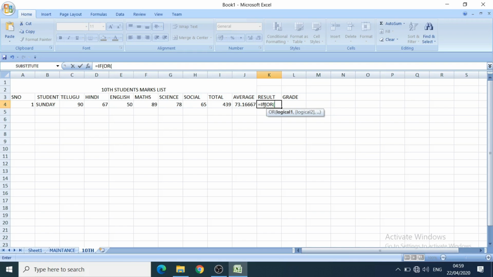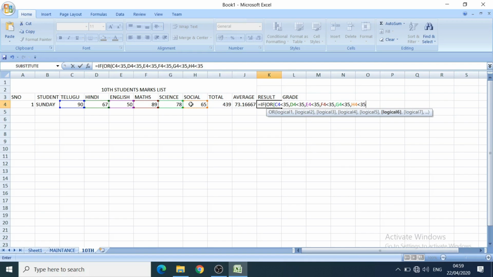So here I am taking Telugu less than 35, Hindi less than 35, English less than 35, Maths less than 35, Science less than 35, Social less than 35.